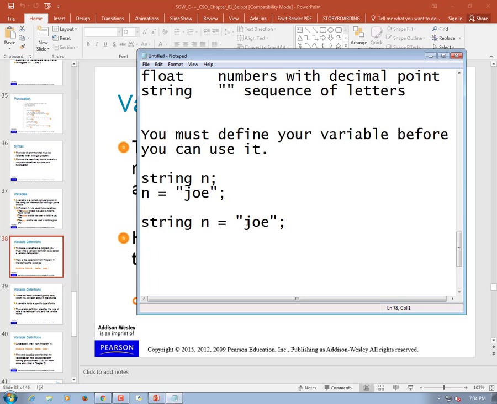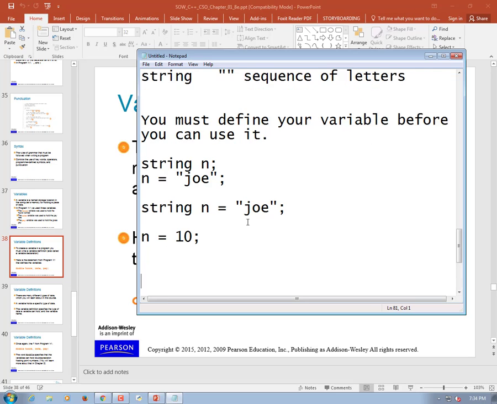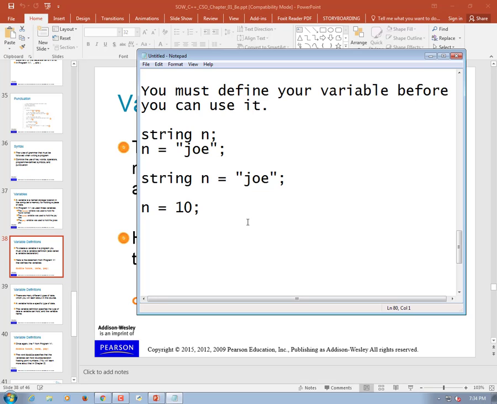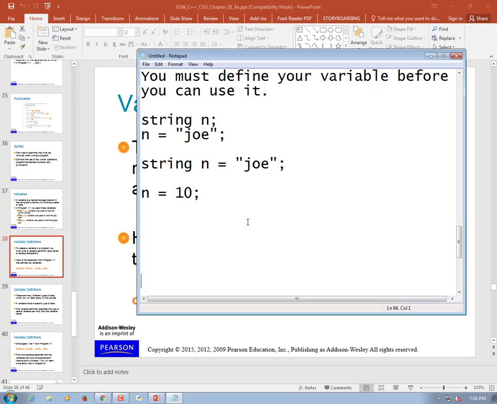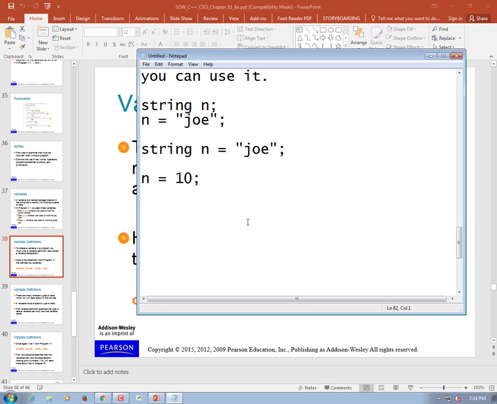Once it's defined, you can't go around and change something else into it. You can't do n is equal to 10. Something we did a lot in our Python class looked like this. Don't write this down or anything because this is not C++, but we would do something like x is equal to input, and then we would do x is equal to int(x). And what input would do is it would return a string and store it into x. And what this would do is it would take a string, return an int, and we would store an int into it. That would not work, just like this would not work. This would fail